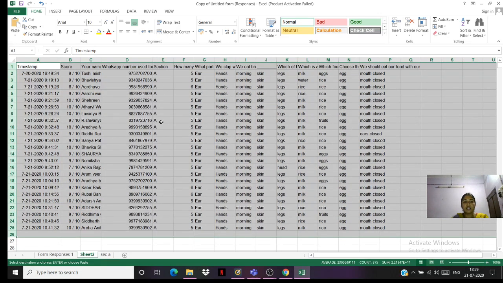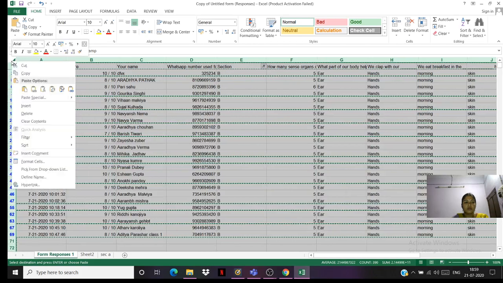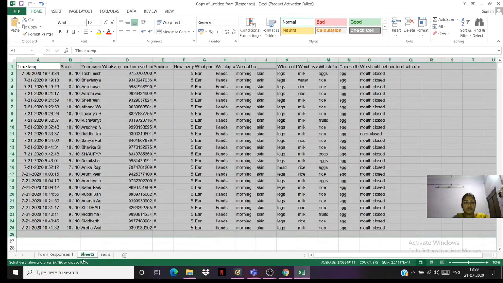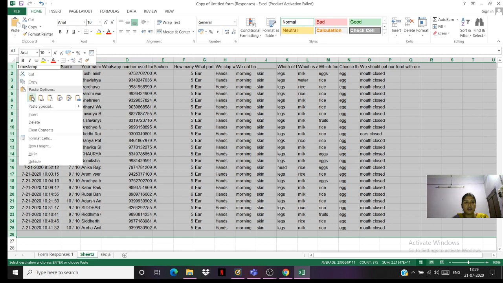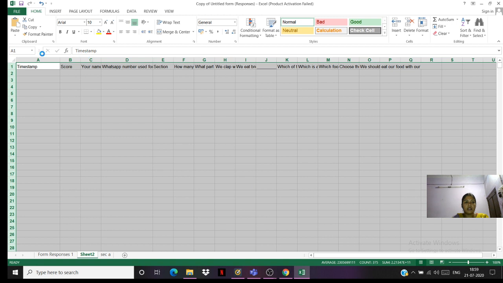So here again this is section B. Section A again it is showing. Section B also likewise we can do. Sheet 2. I wanted section B. I will paste.